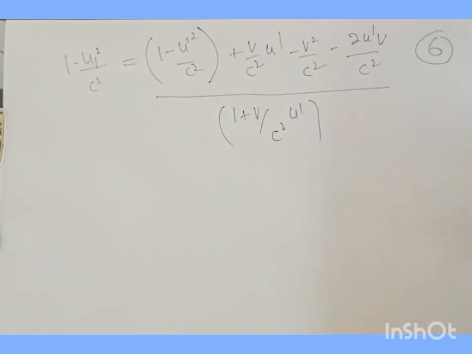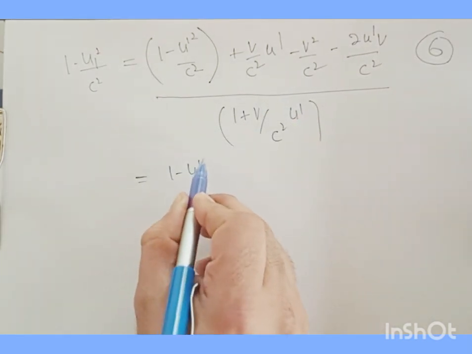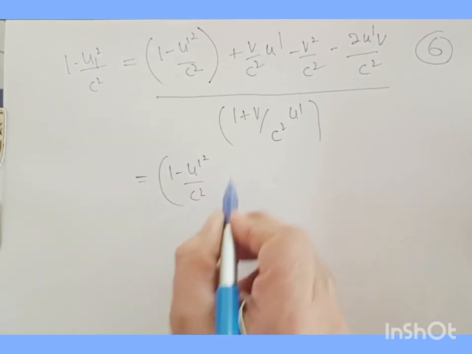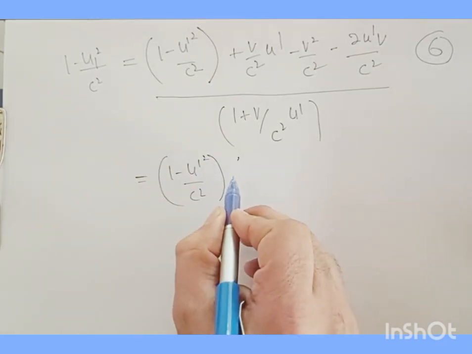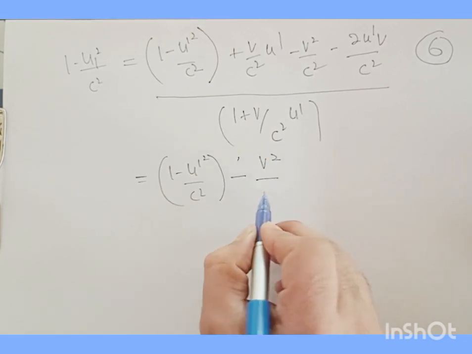Okay, that's what we have right now. And what can we proceed with? So this is 1 minus u dash square by c square times, there's no times right now. If I get v square by c square,